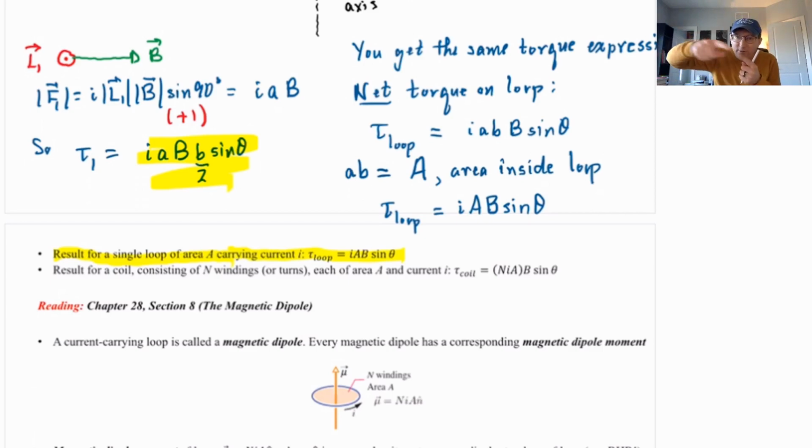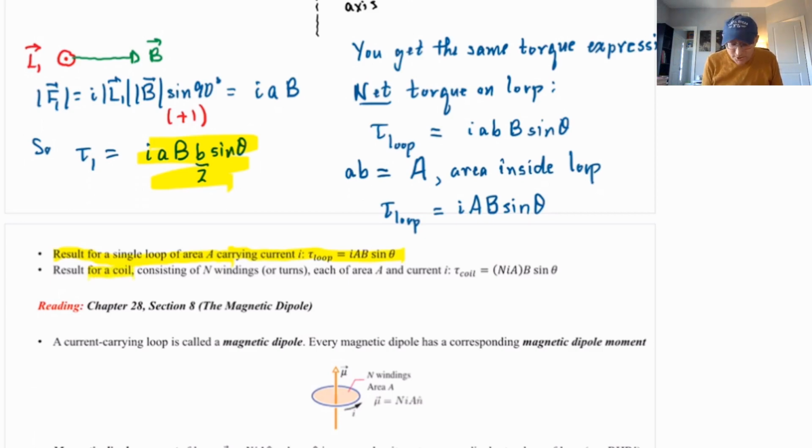For every time you wrap the wire around, and every wrapping, called a winding, or it's also called a turn, every time the wire goes around the frame of this loop once, you get an extra winding or turn, you get this expression for the torque, I, A, B sine theta, for every time the wire goes around, if you wrap the wire around multiple times. And if you get a multiplicative effect, you can get a bigger torque on the thing. So you wrap the wire around the frame multiple times. And the result is then called a coil,